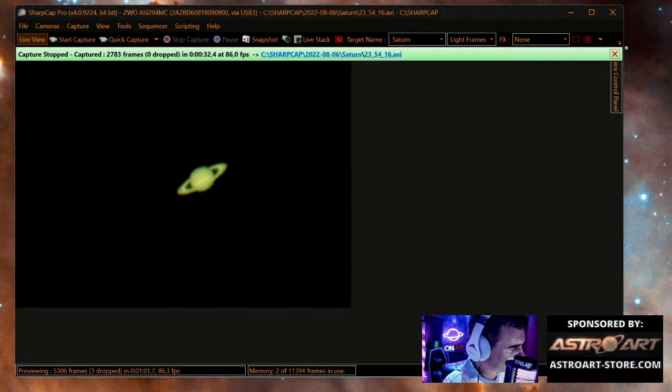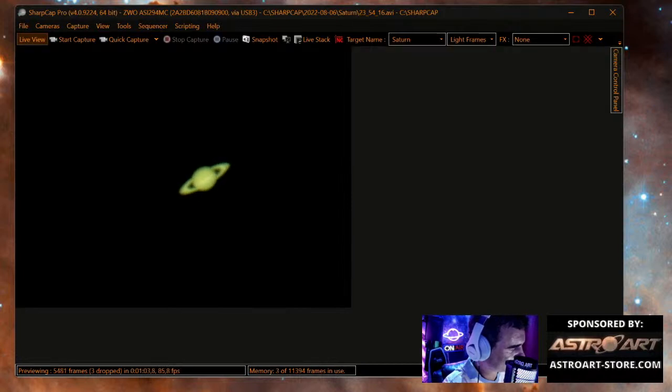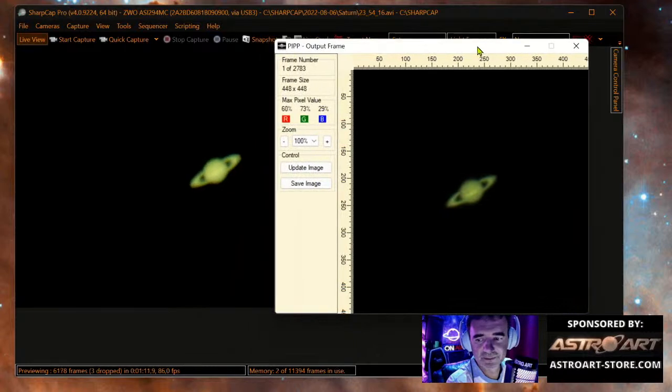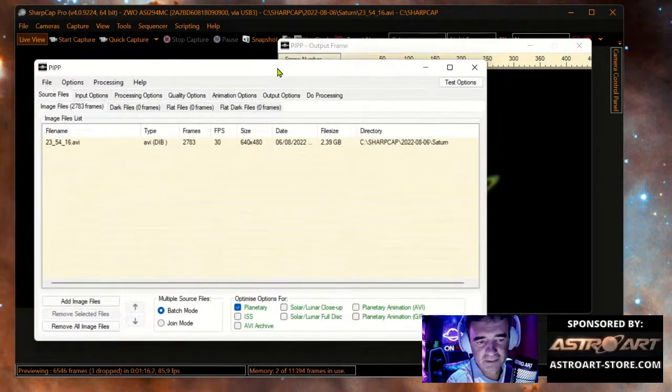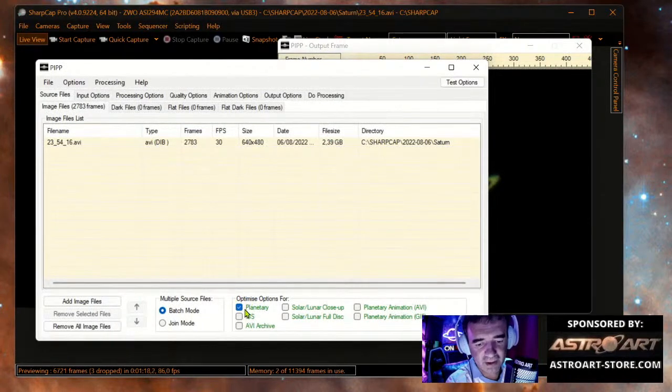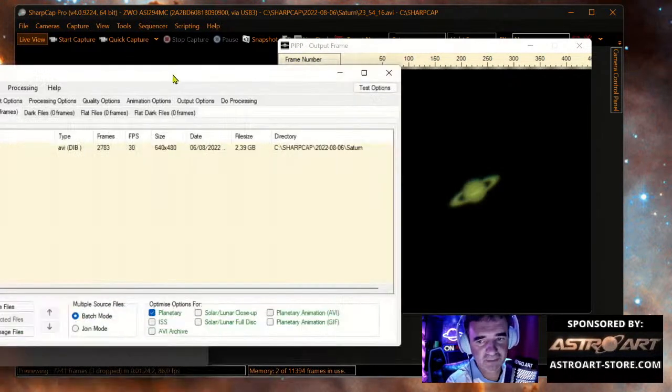So SharpCap, Saturn. Okay. You see the file here. I only clicked here on planetary at the bottom, and I place the file.